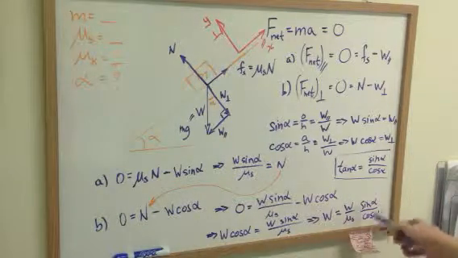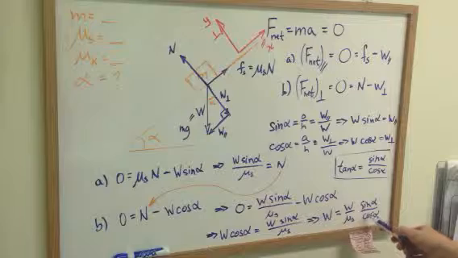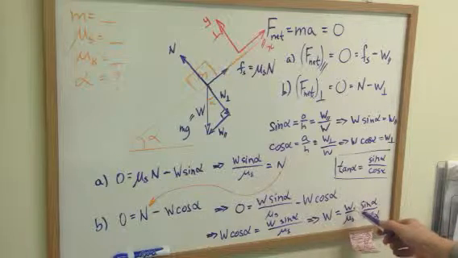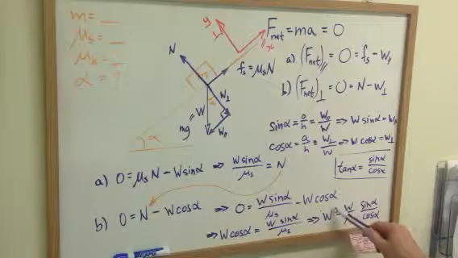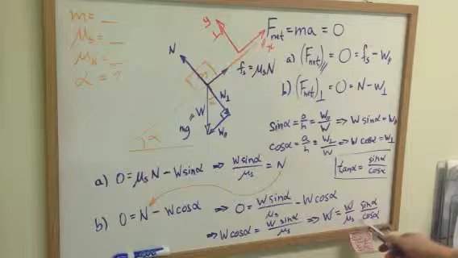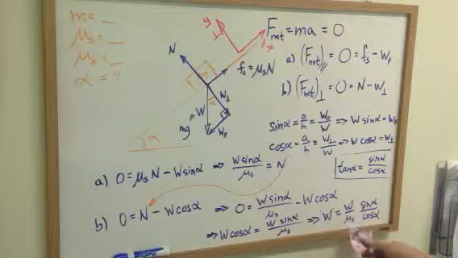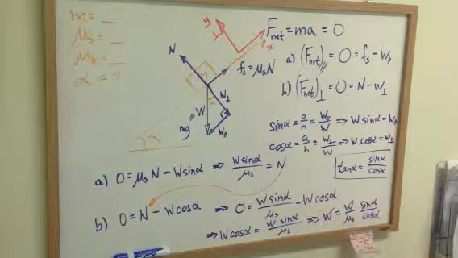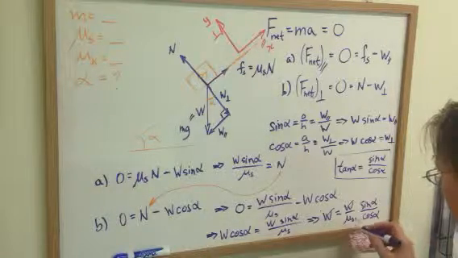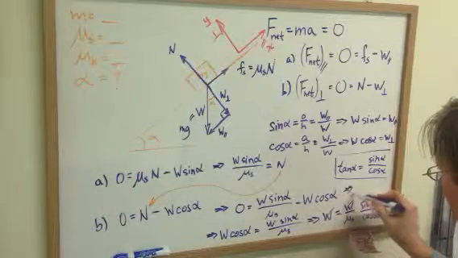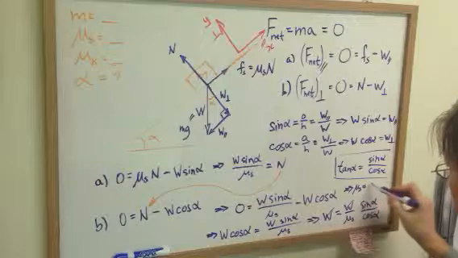I've already said this sine alpha over cos alpha is equal to tan alpha. Notice you have weights on both sides. Those cancel. Multiply left and right, so that's a 1. Multiply left and right by mu s. And we'll have mu s is equal to